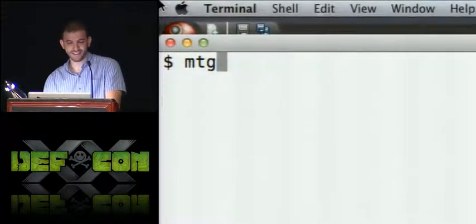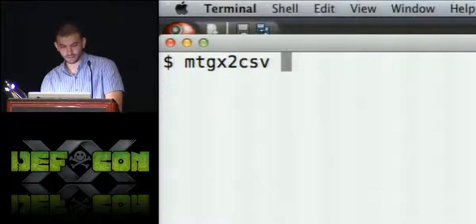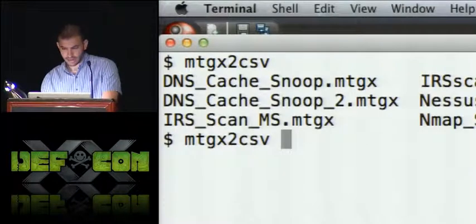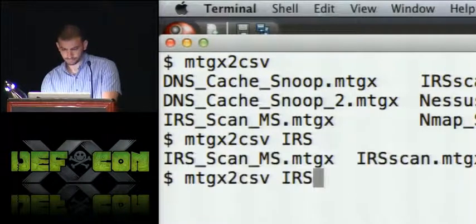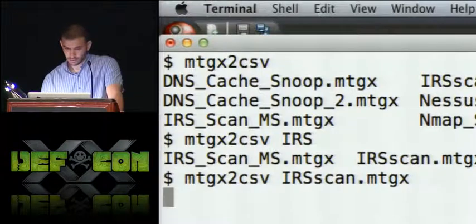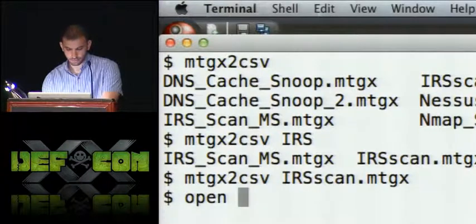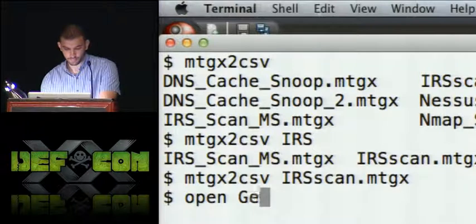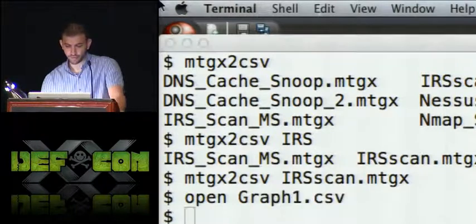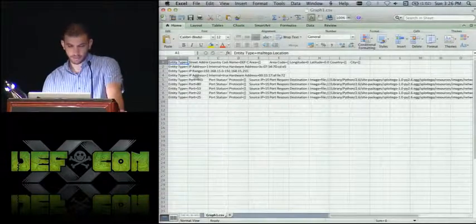All right, cool. So MTGX to CSV and IRS scan. It's going to pop out the graph results in CSV format. And so let me zoom out, and there you go.